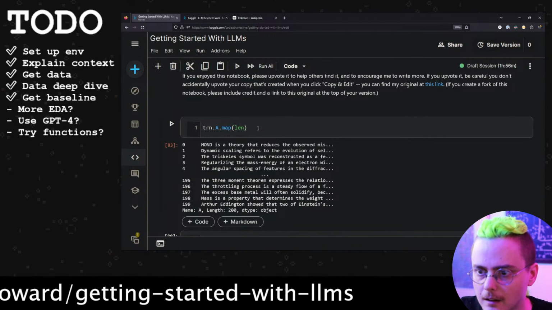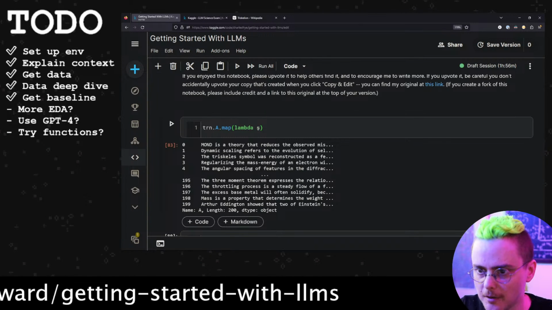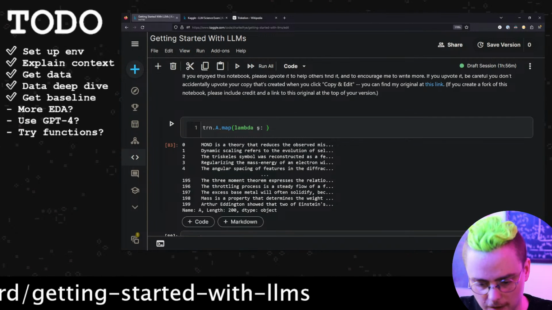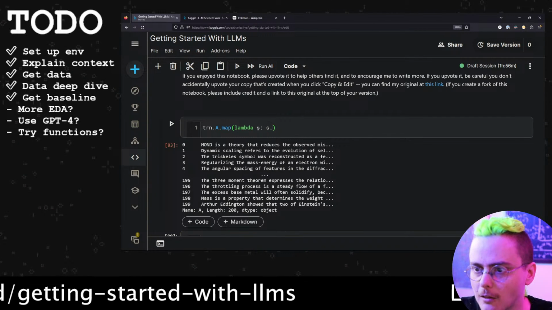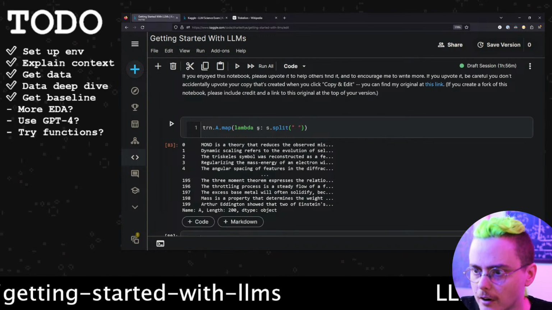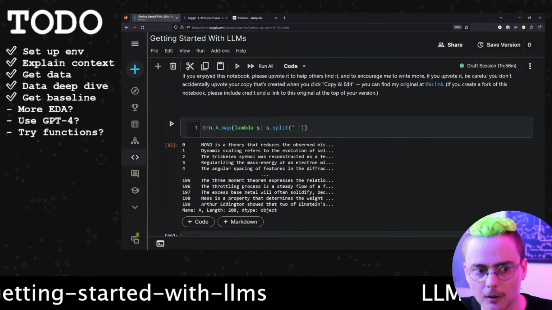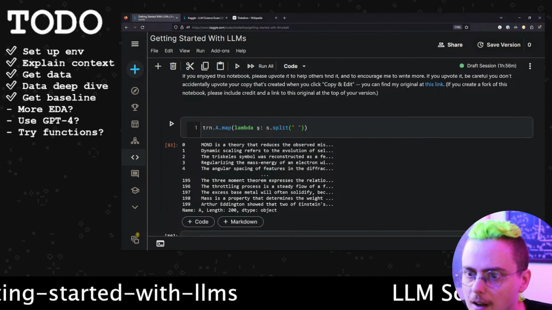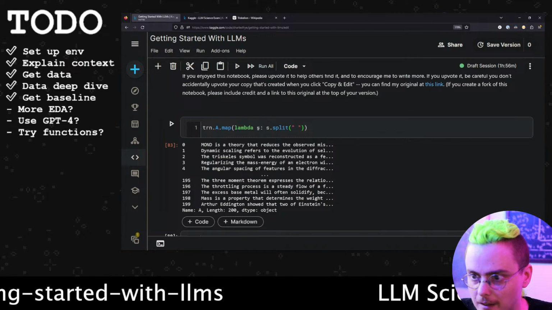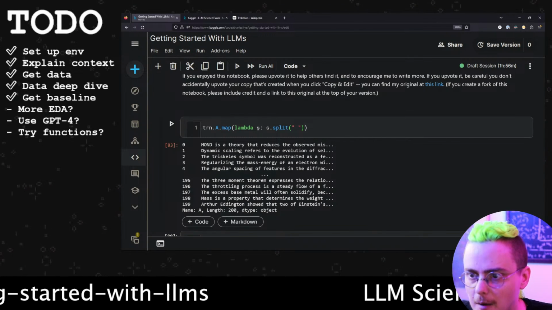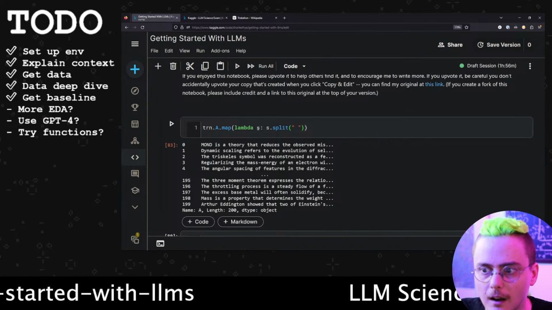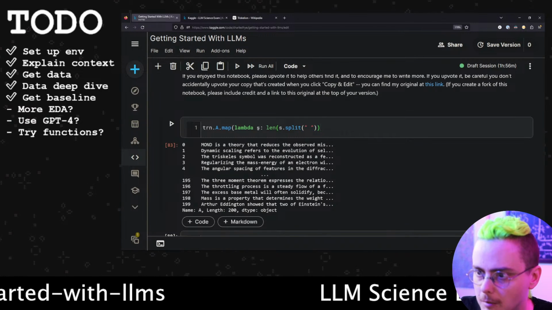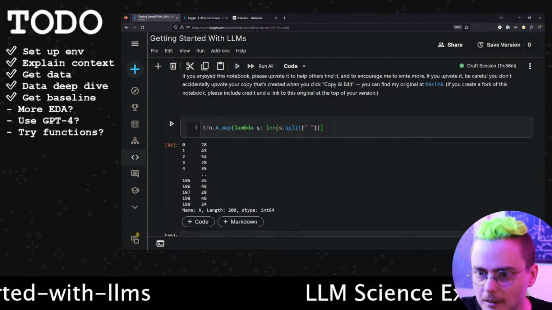len. No, we need a little lambda here. We'll take a string, and we will take that string s dot. I just want to know how long these things are. How many words are in this? So we're trying to generate data that matches this style. What's one aspect of the style? Just length is part of the style. Train.a.map lambda s.split, and then we want len of that. This is the same thing we've been doing in a couple of other places to get that approximate length.